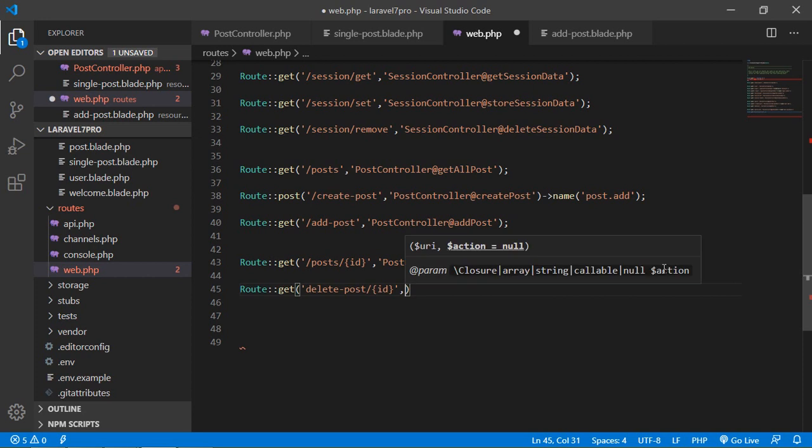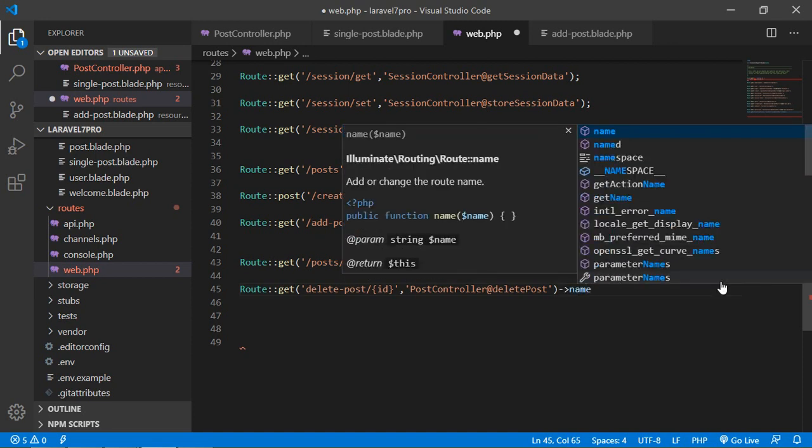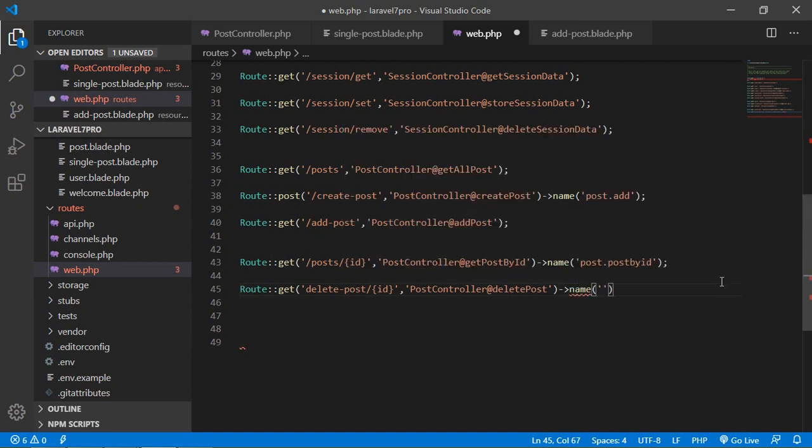Okay, then the controller name, which is PostController, at the method name deletePost. Okay, and also give the name here, so just write name post.delete. All right,